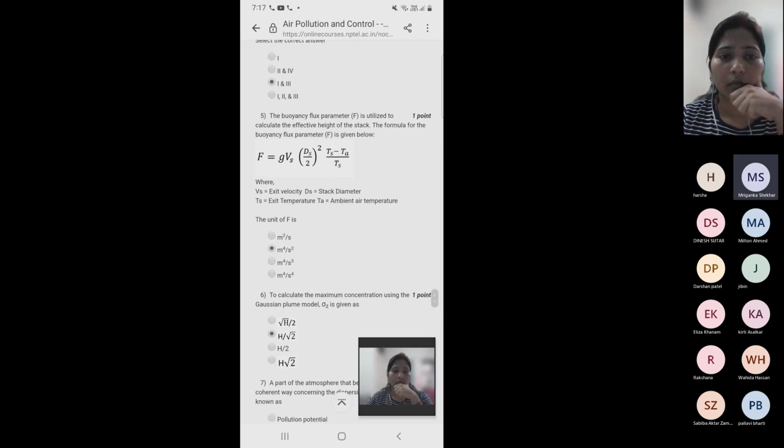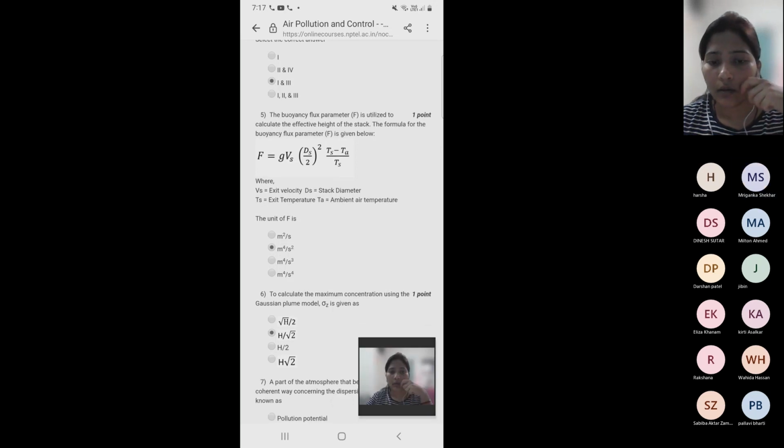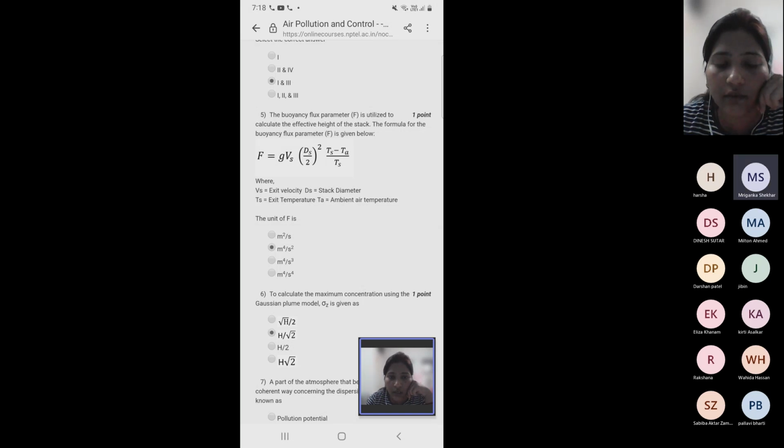And this is question number 5. Just a second. Question number 5. The buoyancy flux parameter F is utilized to calculate the effective height. The formula for the buoyancy flux is given below, where Vs is your exit velocity, ds is your stack diameter, Ts is exit temperature, and Ta is ambient temperature. So the unit of F will be,